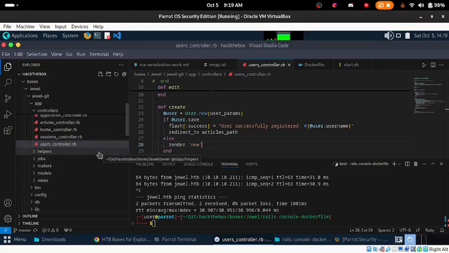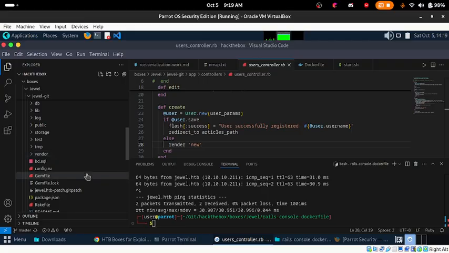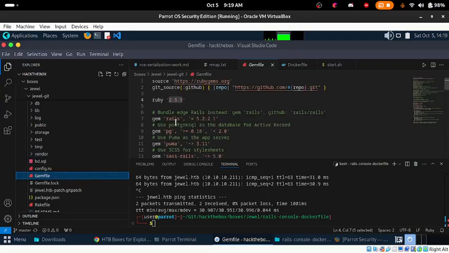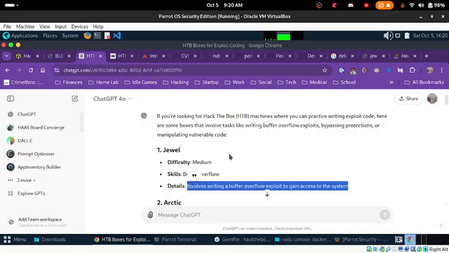And I think I looked at the guide for it, and it mentioned that there's actually a vulnerable dependency in the gem file that we're meant to write an exploit for. And it said that Rails had a vulnerability. So